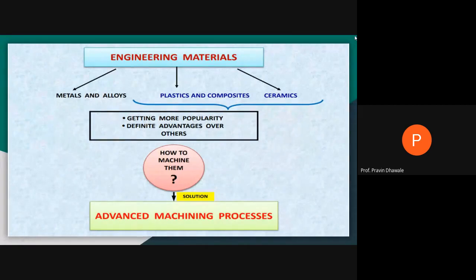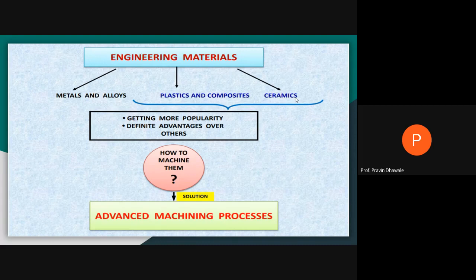Now, if you consider the field of engineering, there are n number of materials being utilized in a branch of engineering. Which are those materials? Metals and their alloys, plastics and composites. In certain cases, we may use ceramics. Now, the majority of these materials are more popular, right? And they have certain advantages over each other. But